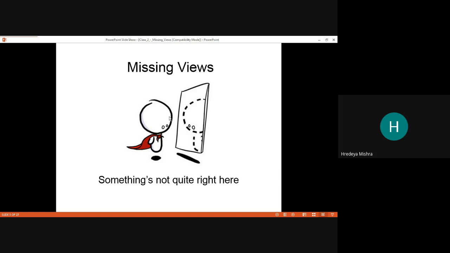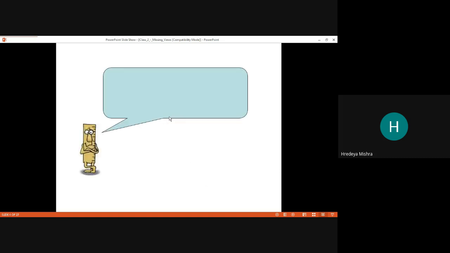So what does this diagram show? The boy looks at his diagram and says that something is missing or not quite right here. So meet Mr. Rupert. This ruler's name is Rupert.